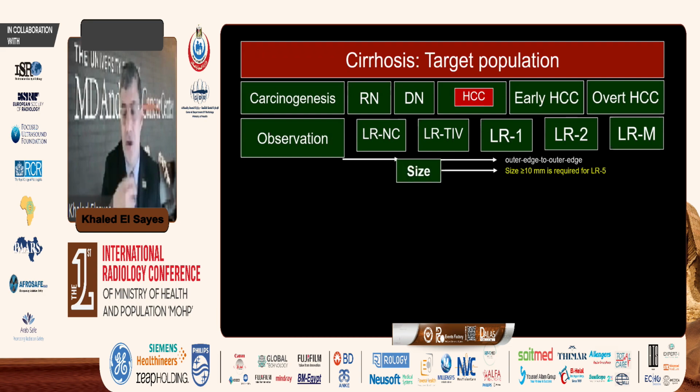In general street language terms, the fibrosis eats up these benign lesions. So as we said previously, you go to the major features, right? After LR-M, and I showed you some pitfalls of LR-M, and some examples of how you measure the size, how the size is very important, you measure the outer edge, and a size of 1 centimeter or more is required to categorize the mass as LR5.